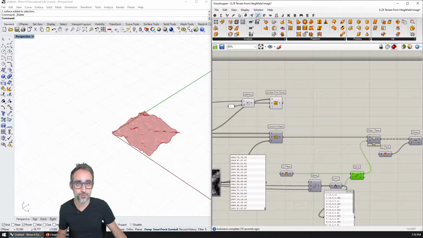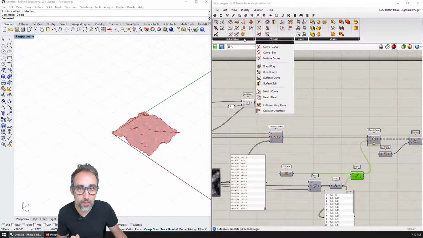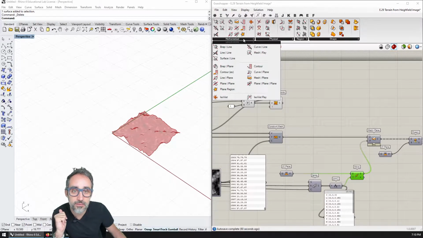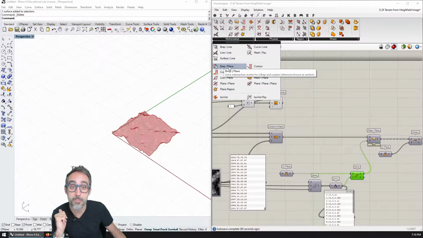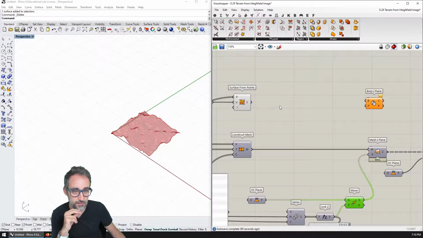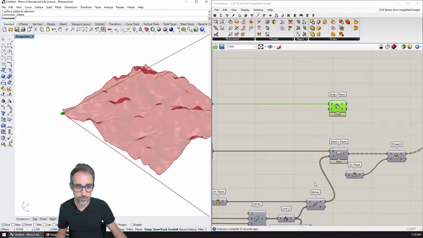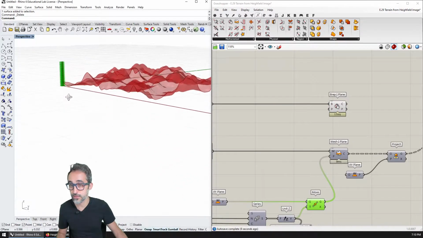So how am I going to do that? I'm going to section it with a mathematical intersection that is going to be B-reps and planes. So I'm going to place that here. The B-rep is going to be the surface that I just got, and the planes are going to be, if you remember, all those vertical planes that I created for sectioning.